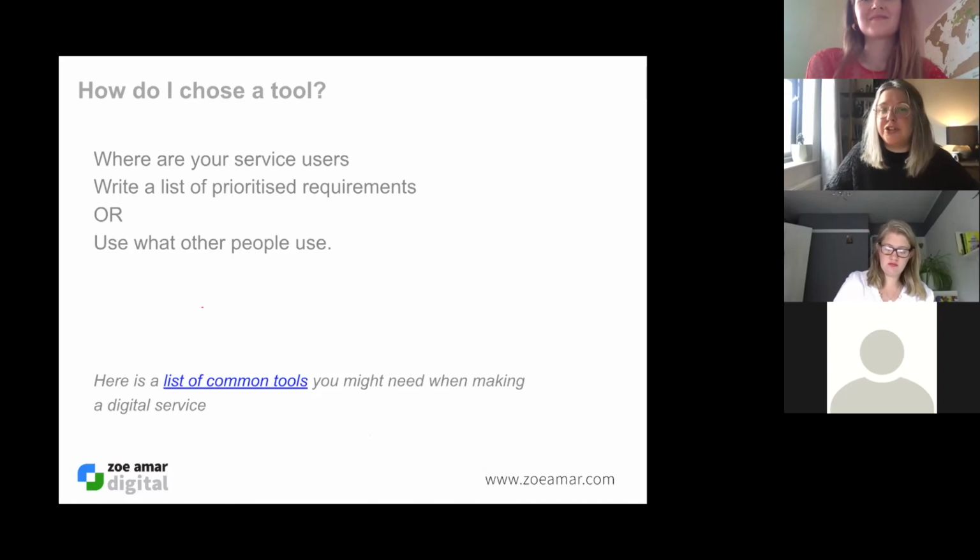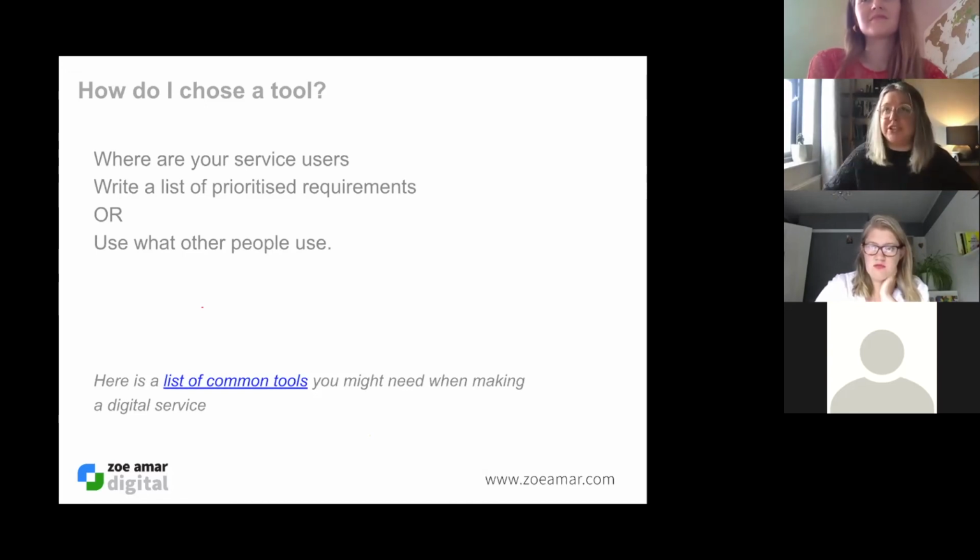Do they refuse to use Facebook because of security concerns? That's something that I found with particular sets of service users. And it's all worthwhile thinking about, but also keeping in mind what I was talking about earlier, that no one platform is going to be perfect for everyone. Sometimes it might mean that we have to run our service on multiple platforms. Sometimes it means onboarding a certain group of people.